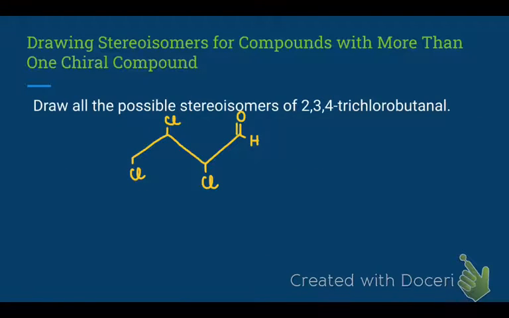So we're going to take a look at this example, and it says here, draw all the possible stereoisomers of 2,3,4-trichlorobutanol. So we know butanol is an aldehyde. The aldehyde has to be on carbon 1. So that when I draw these into Fischer projections, so I'm going to take this line structure and draw it into a Fischer projection, I'm going to be starting with this side of the molecule at carbon 1. So I'm going to have the CHO at the top,